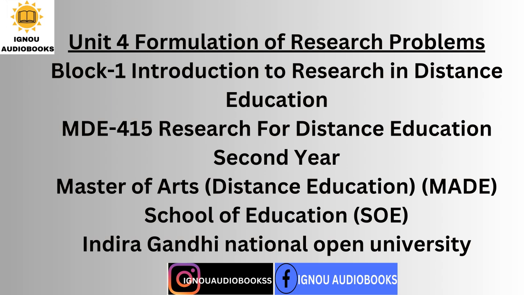For example, the dictionary meaning of effectiveness is producing the desired effect. This meaning is not sufficient for research purposes. It is important for you to specify exactly what indicator of effectiveness you will use or what you will do to measure the presence or absence of the phenomenon denoted by the term effectiveness. Similarly, you have to define the other variable, performance, also in terms of the operations or processes that will be used to measure them.